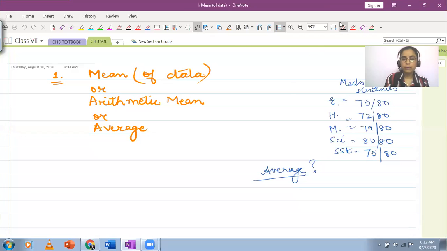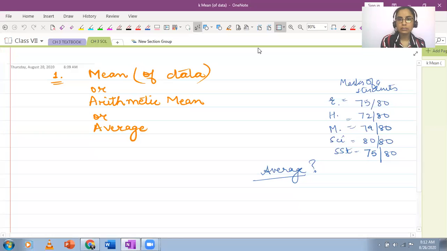So if we want to find out the mean of data, you have been given a list of observations, some values, then how do we find out the arithmetic mean? There are three words which will be used for this. You can call it the mean, the arithmetic mean, simply mean, or arithmetic mean. Sometimes AM is also referred to here.